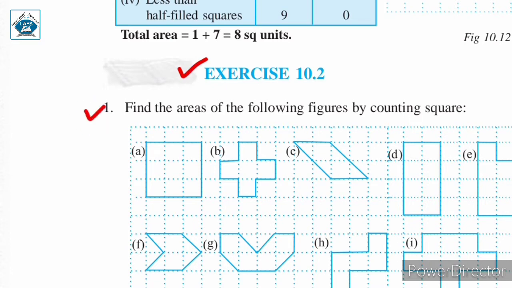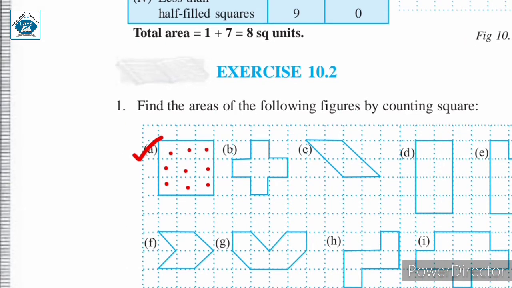Question number 1. Find the areas of the following figures by counting squares. अब यहाँ पर हमें squares count करने हैं और जो given figures हैं इनके areas find करने हैं. Firstly, we have a square shape closed figure and as you can see ये जो है एक square, ऐसे कितने squares को cover कर रहा है, 1 2 3 4 5 6 7 8 9. So here the given figure occupies 9 complete squares. कोई भी square यहाँ पर half नहीं है. So directly the area of the figure will be equal to 9 square units.